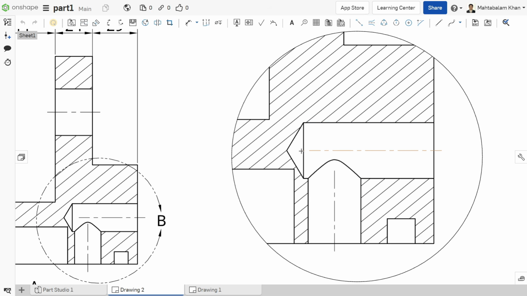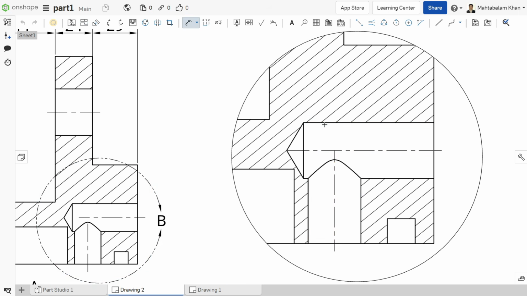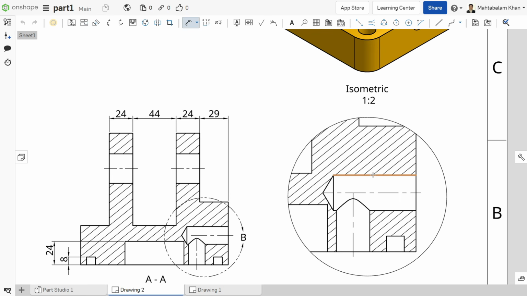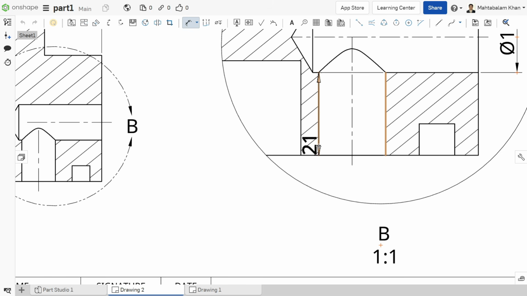Now hold this end point and drag up to wherever you like to keep the dimension. Now this diameter 18. This diameter 17.